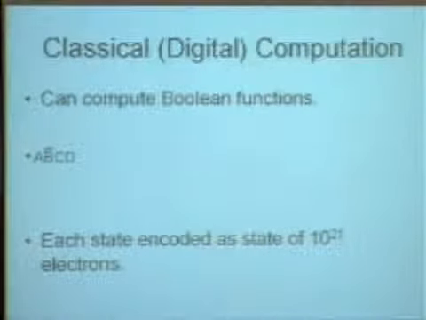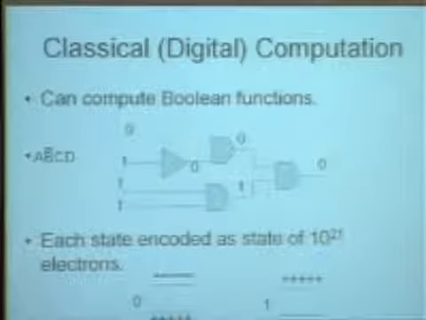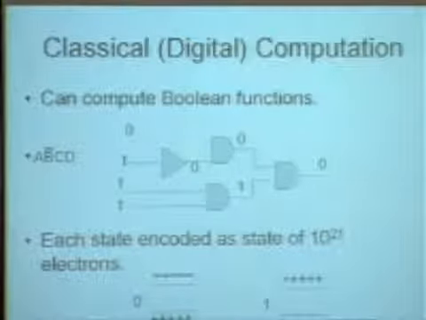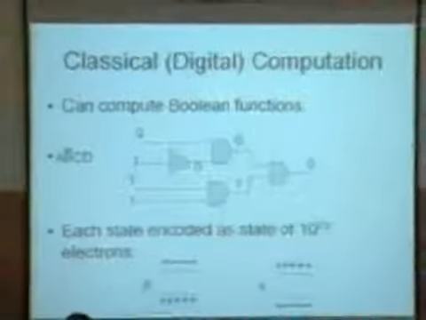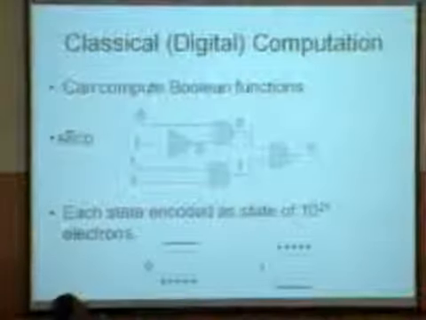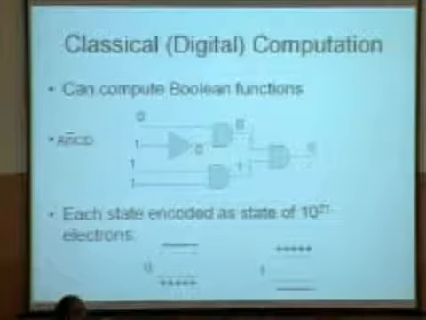Combinations of Boolean functions, variables and their complements too. So for example, a circuit like this will compute the function that I just described. And the interesting part is that it will compute it for any inputs. Over here, I can have any inputs and it will compute the output.